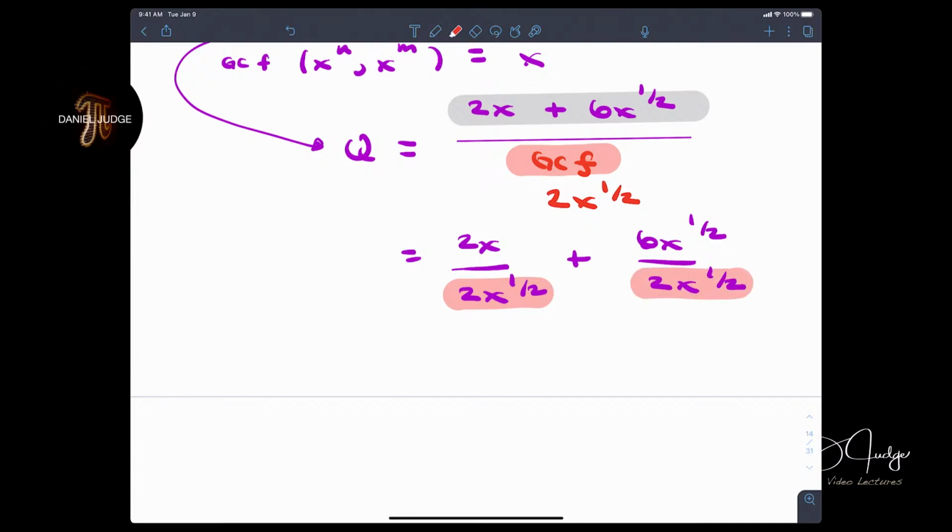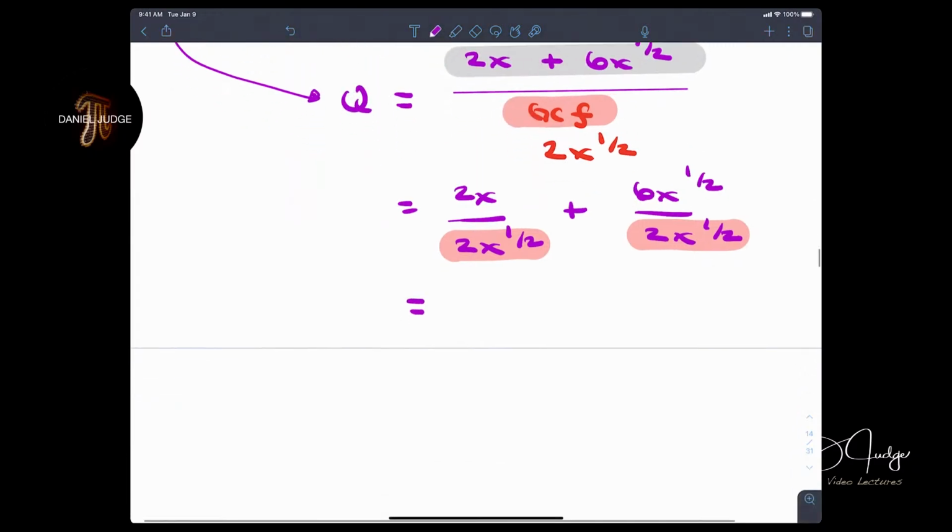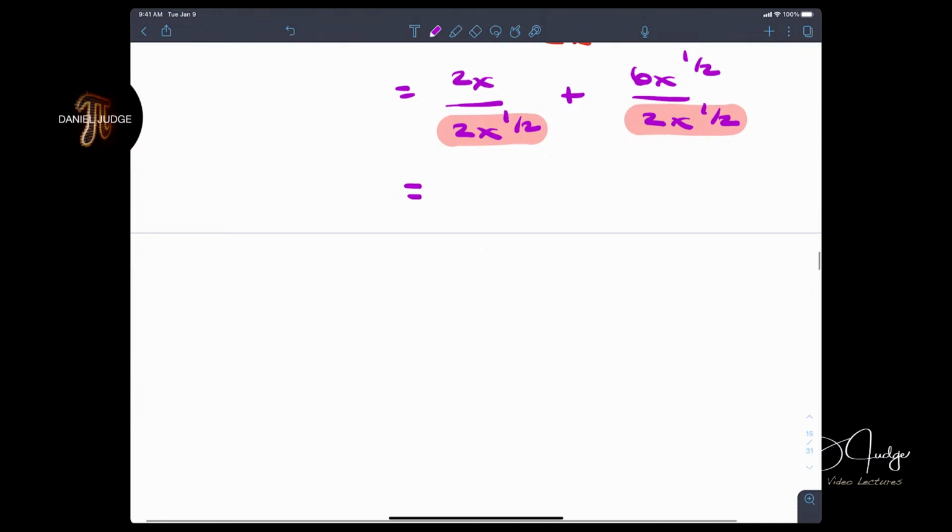All right, we're almost there. This is getting the quotient. So what you do now is you simplify your fractions. 2's cancel. This is x to the first power. So by properties, x to the first power minus the 1/2 power, because if you remember that algebraic property, properties of exponents, same base, different exponents,